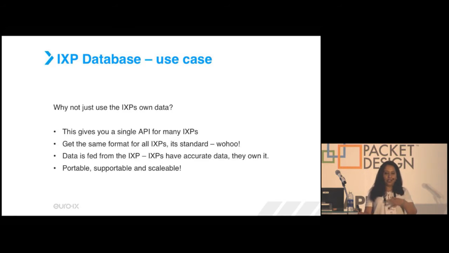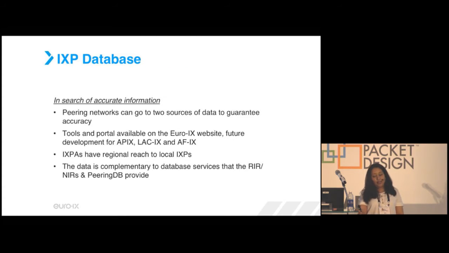So like I said, we are looking to increase the data capture that we have. So we're always looking for accurate information, and I think this is one of the things that we all miss. You can go to one database and you see some information there, but it's not somewhere else. And we're all trying to have this information, and we want it to be as accurate as possible. So that is why we're trying to bring more automation into what we're doing with the IXP database.